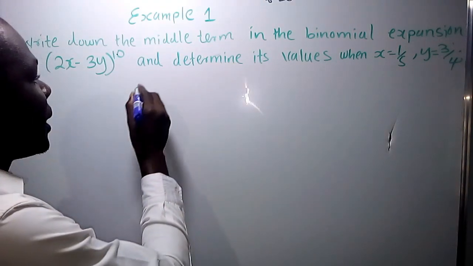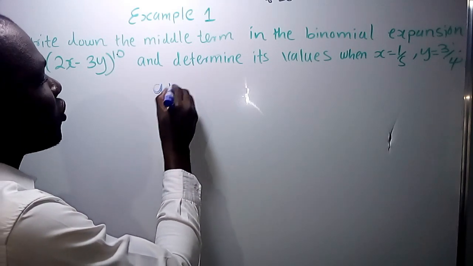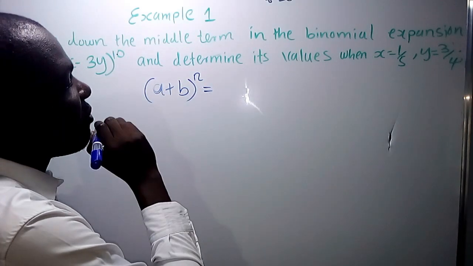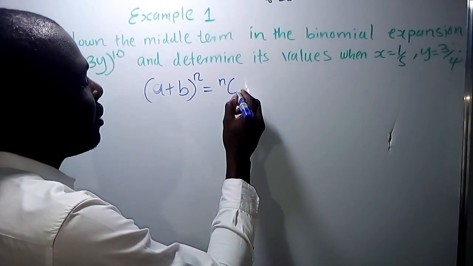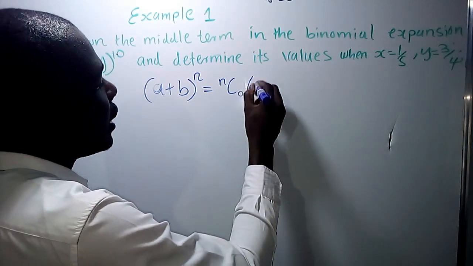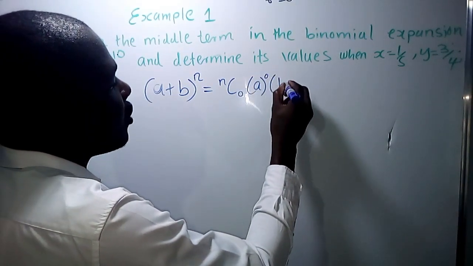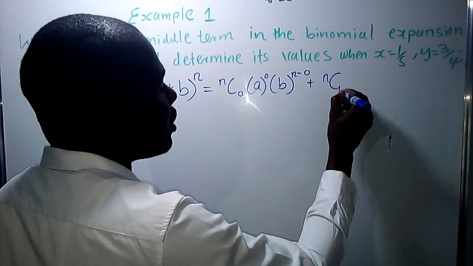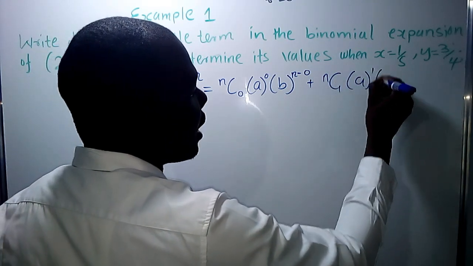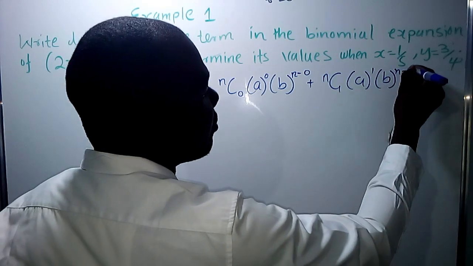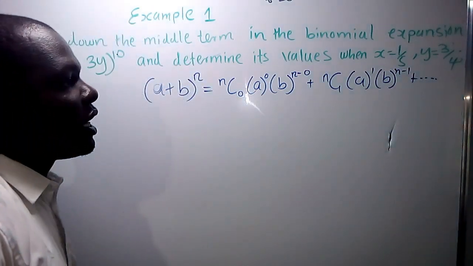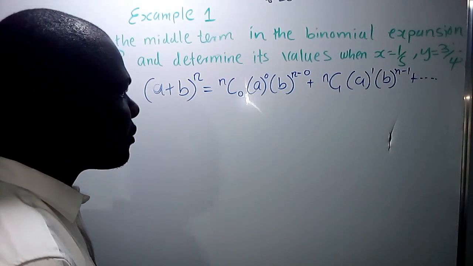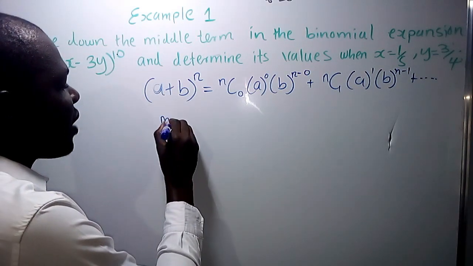So remember, when you are given the binomial expansion (a + b)^n, the first term is nC0 a^0 b^(n−0), then plus nC1 a^1 b^(n−1), in that order up to the last term when you have a^n. So, if you're told to find the middle term